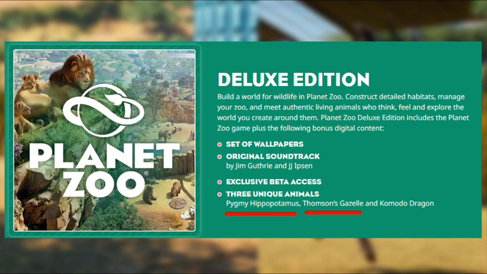That'd be pretty cool. Anyways, I'm just very excited about Pygmy hippos, and nearly as excitingly, again, one of my all-time favourite animals, Komodo dragons. Now, it does suck that these two animals are Deluxe Edition only, but it's a small price increase, and if you don't want it at release and you decide you want these later, you'll be able to pick them up,